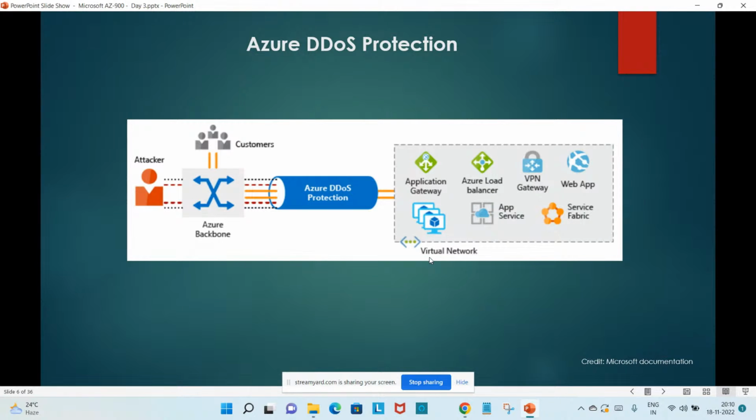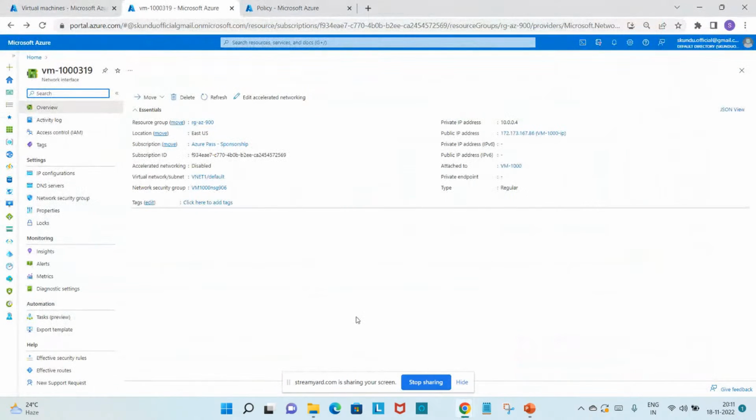Okay, so you can see how it is happening actually. So this is again, this picture is taken from Microsoft site. So right hand side you can see within virtual network their application gateway, load balancer, VPN gateway, web app service, whatever resources are present in Azure, anything can be there. And attacker is trying to attack these applications by overwhelming the traffic. So here this Azure DDoS protection comes into play. So if I go back to the portal again,